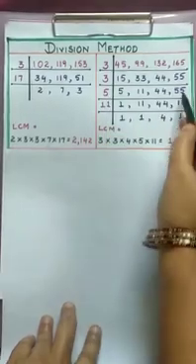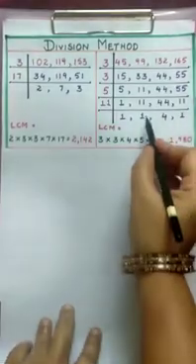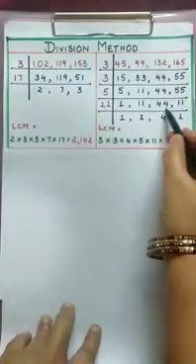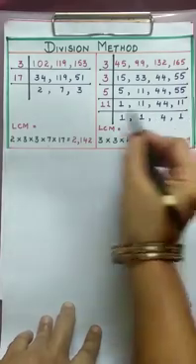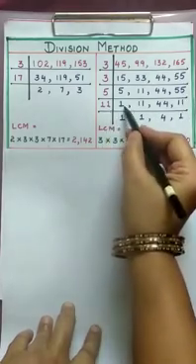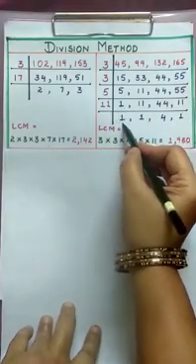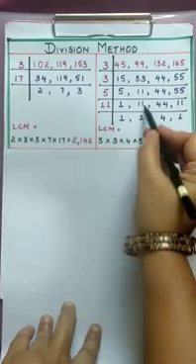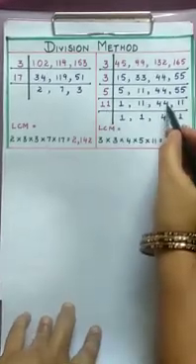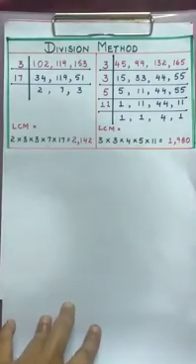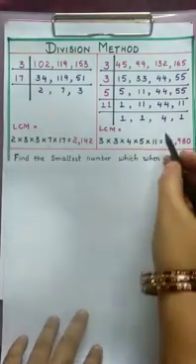Now here 5 11's are 55. Now here we have 11, 44, 11. These three are divisible by 11. Here 1 is not divisible, so we bring it down as it is. 11 ones are 11, 11 fours are 44, 11 ones are 11. Now here only 4 is left.